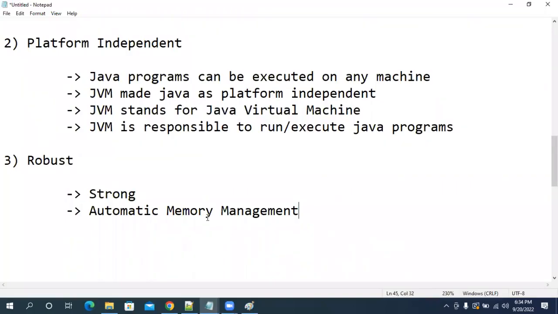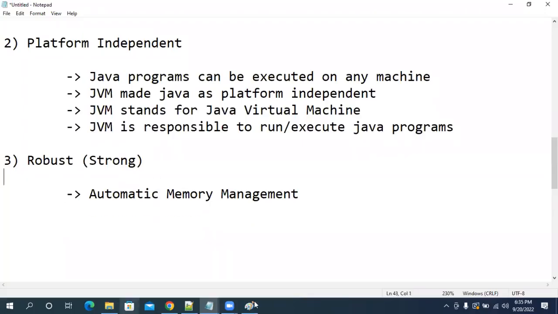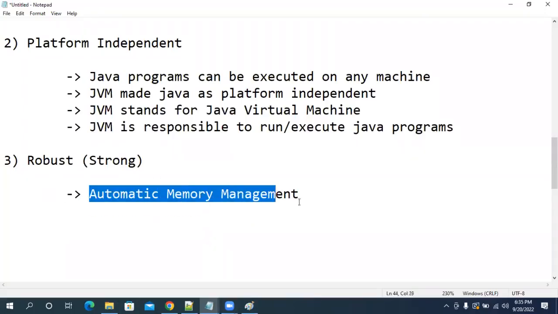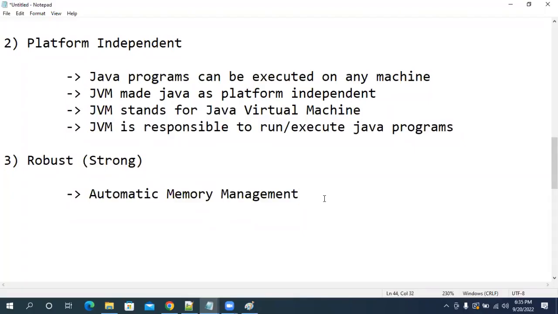Now see here. Java is robust. Why are we saying Java is robust? Two reasons are there. Robust means it is strong. The first is automatic memory management: memory allocation and memory deallocation. When I am running my program, I need some memory to store some data.